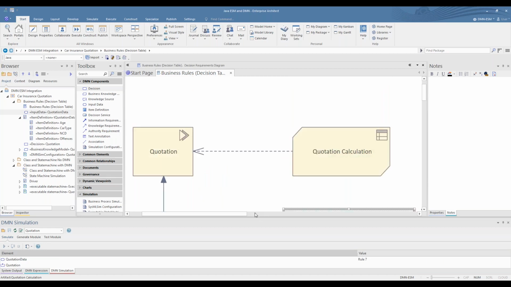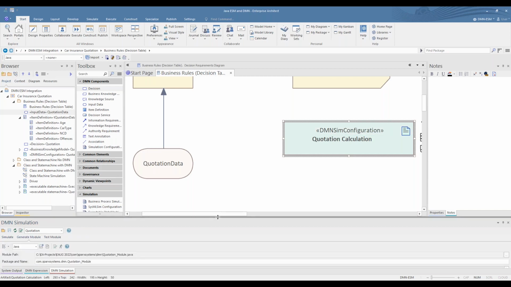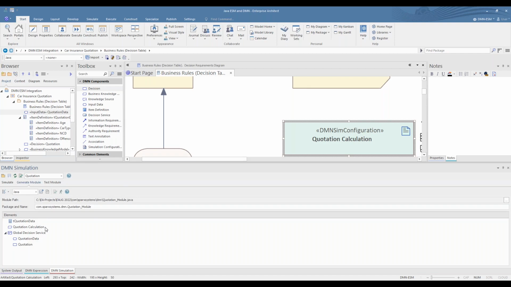Now, the code generation. I won't actually generate the code because I've already generated it. But if you look here, generate module. It is very picky about where you put stuff. There is what is known as reverse domain name in Java.